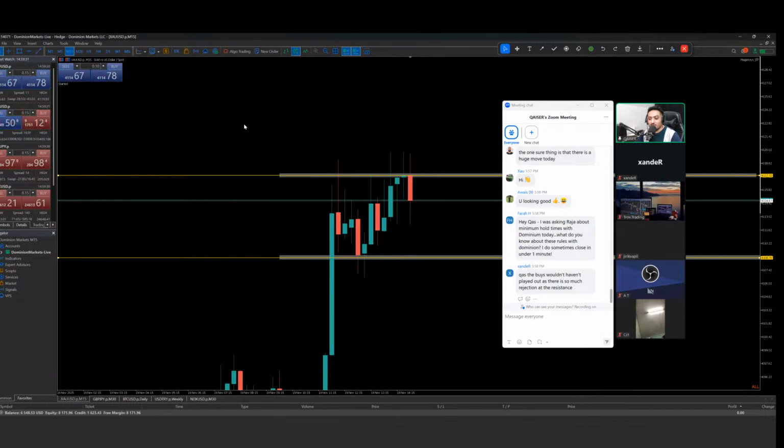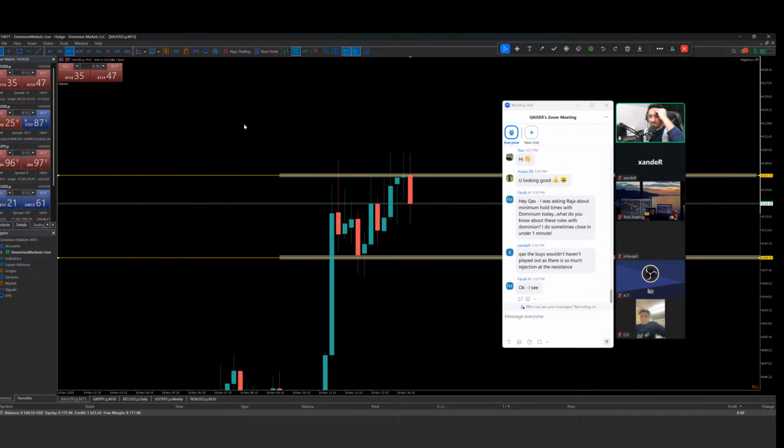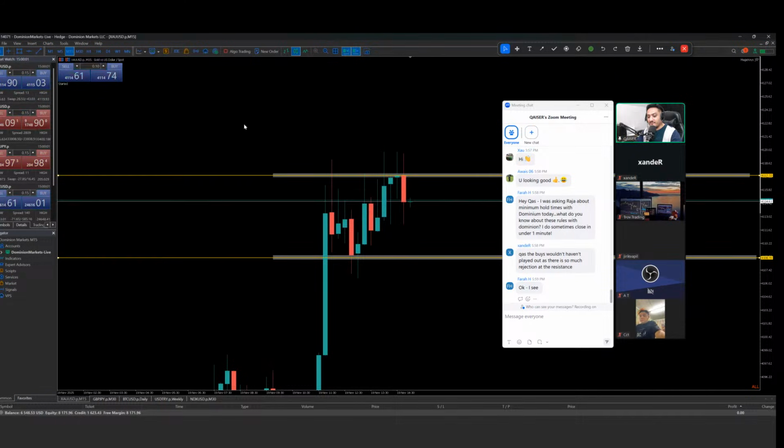So the system will breach your account, definitely not even just on Dominion Funding. It will happen on every prop firm. The majority of your trades should be more than 1 minute, and if there are some minority trades which close within a few seconds, it will never impact your account. I think this rule is not going to be implemented while you're passing phase one and phase two. I think it's going to be implemented once you get funded. So you need to get this confirmation from the team of Dominion Funding.